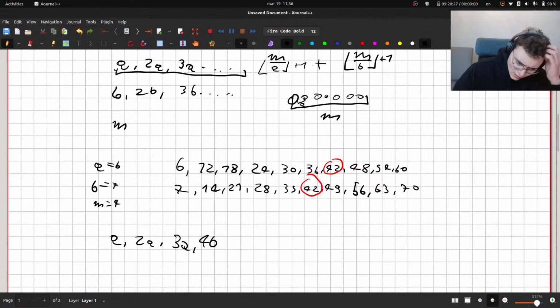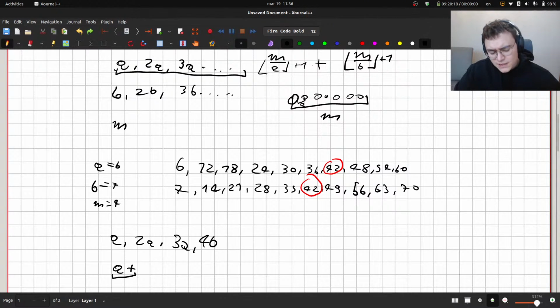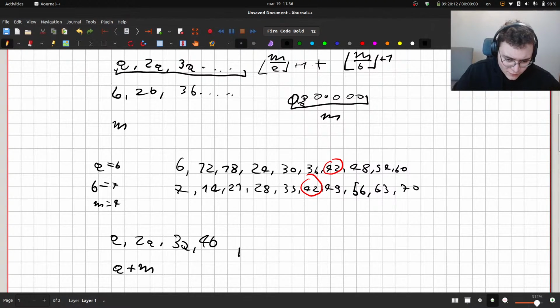So we know that the first firework will be active up to moment A plus M, right? So we want to find the biggest such k, such that A times k, so the k-th firework, is still smaller than A plus M,